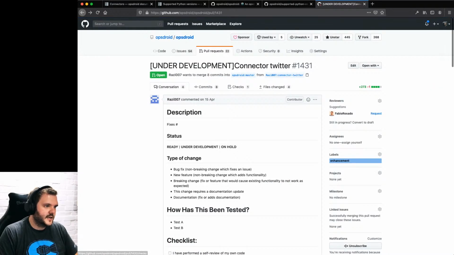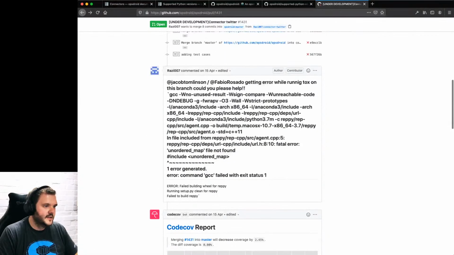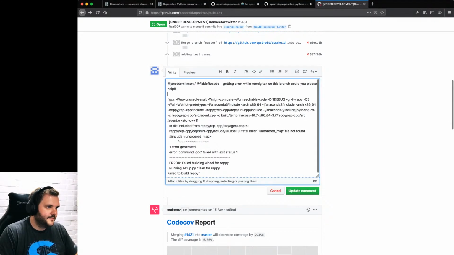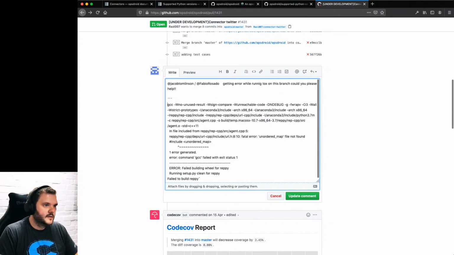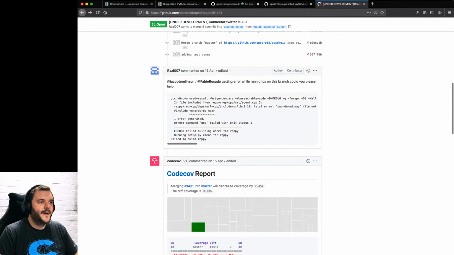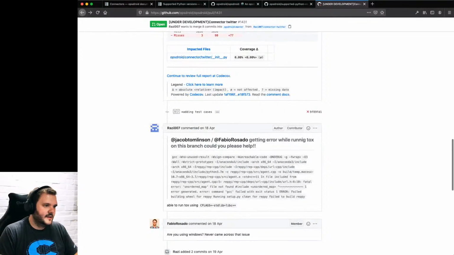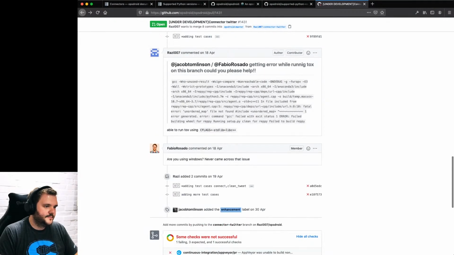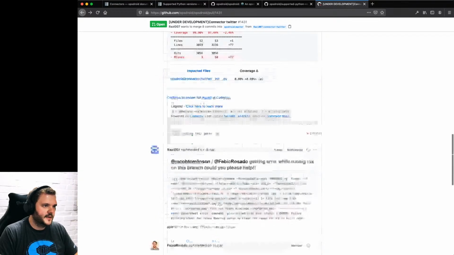Sometimes pull requests get stuck. This one seems to have gotten stuck. I don't want to read that comment in the state that it's in. Let me go like that. Right. I have a bad habit of editing other people's comments on GitHub to fix the formatting. As a maintainer, you're able to do that. I don't know if that feels a bit mean. It's like, oh, you've not formatted your comment well enough, I'm going to come and fix it. Yeah, okay. Might just be a Windows issue.